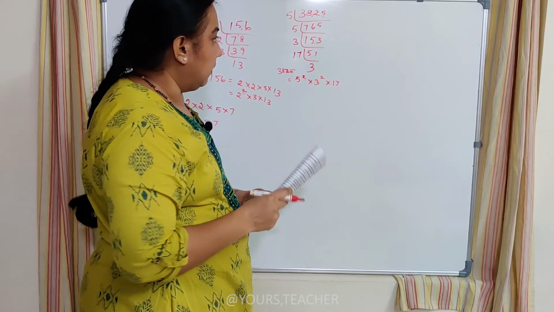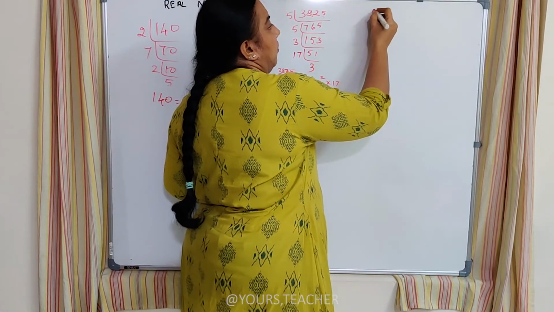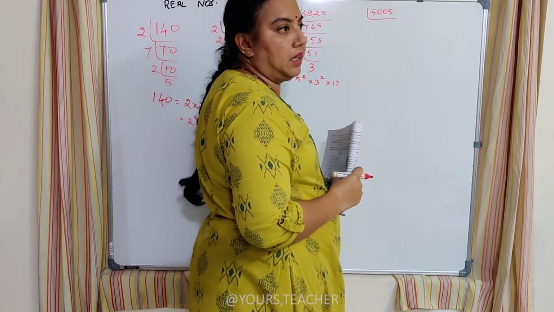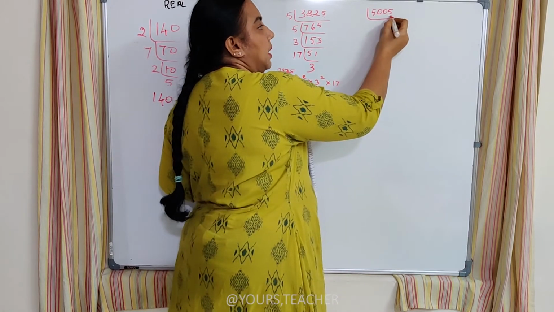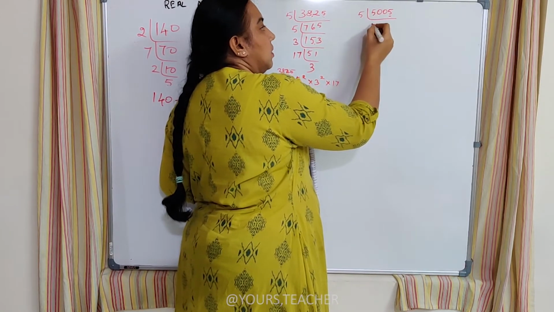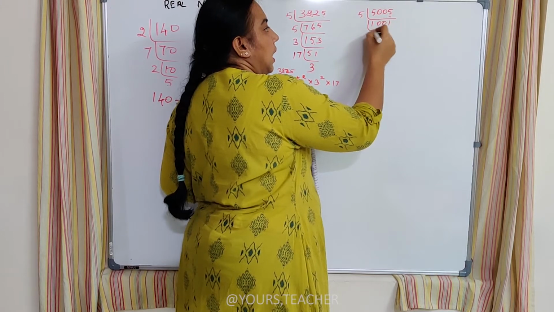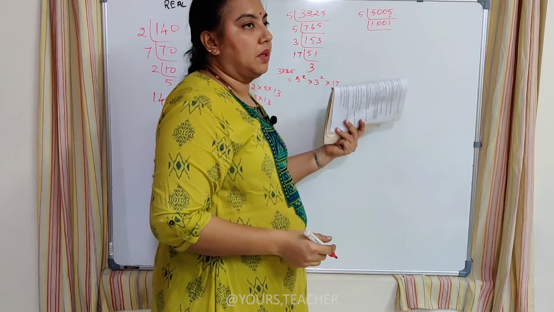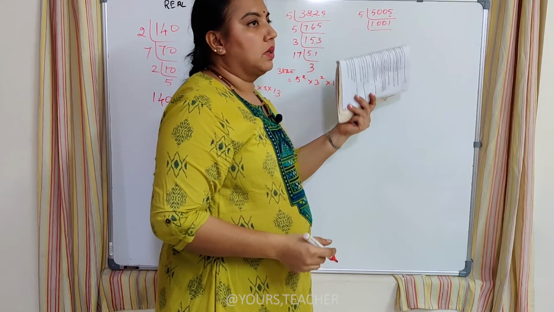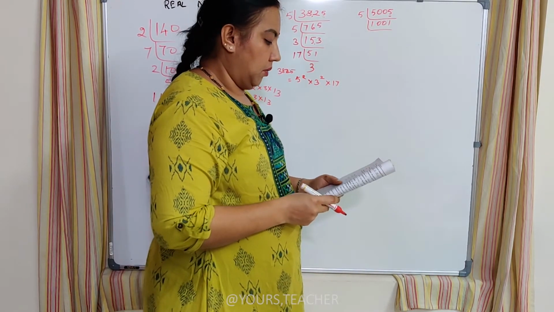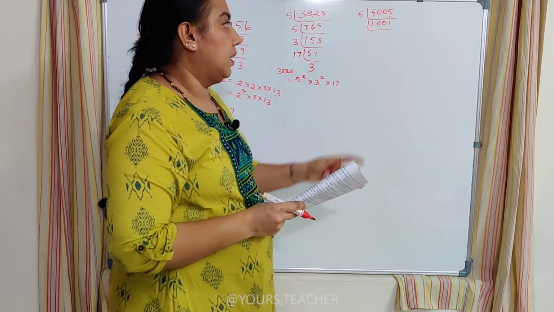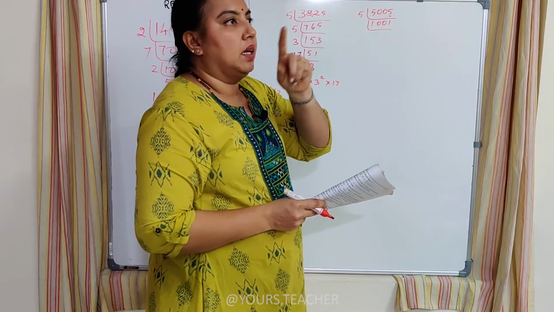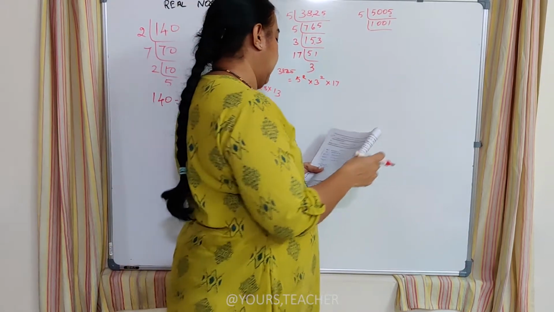Okay. Then we go to the next sum. 5005 divided by, again I am using directly the 5 table because this number is ending with 5. So 1001, and again this number is ending with 1. So I am trying with the 2 table. No, it's not possible. With the 3 table, when I add the digits, 1 plus 1, 2, it doesn't come with the 3 table. So I am going to try the next number, 5. It doesn't accommodate that. Then 7. It ends with 1. 7 times 3, 21, it's possible. So we'll try with the 7 table now.